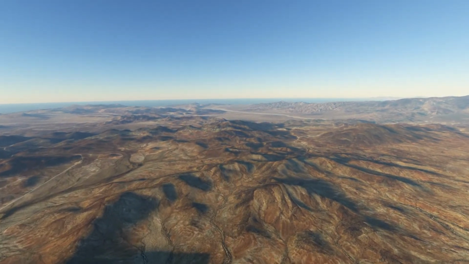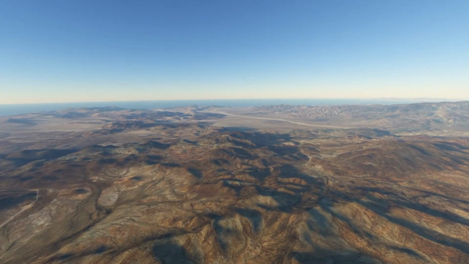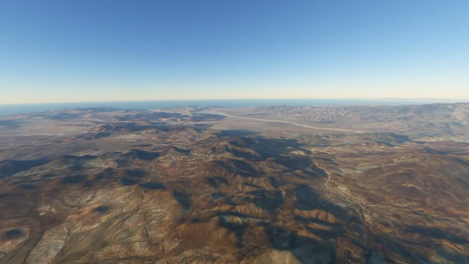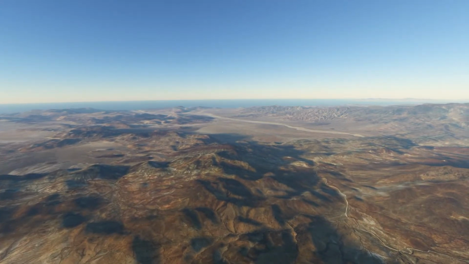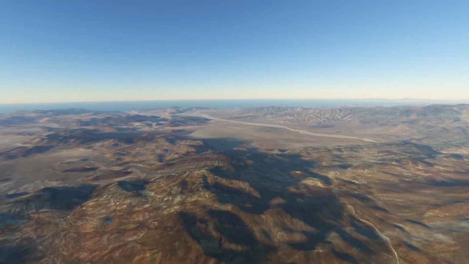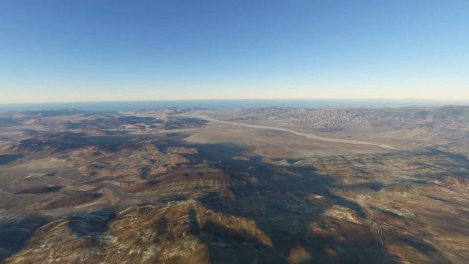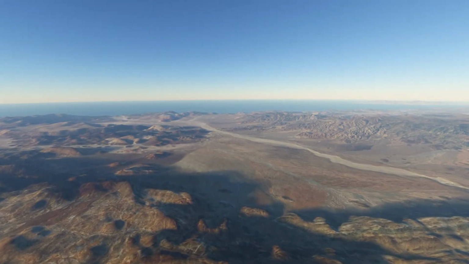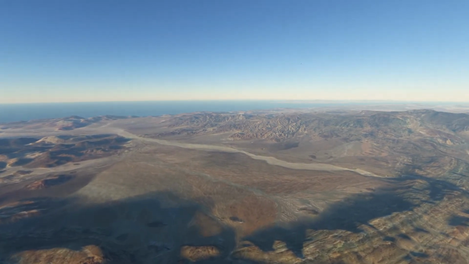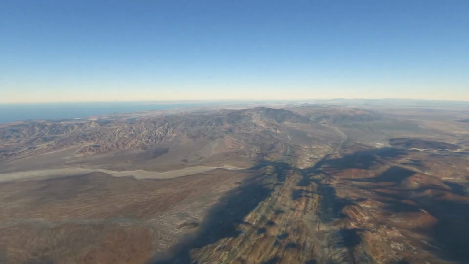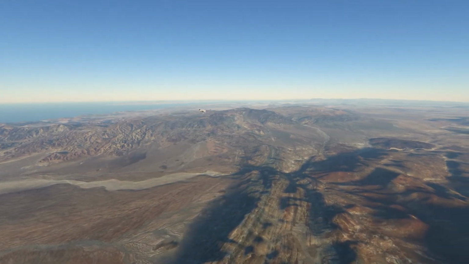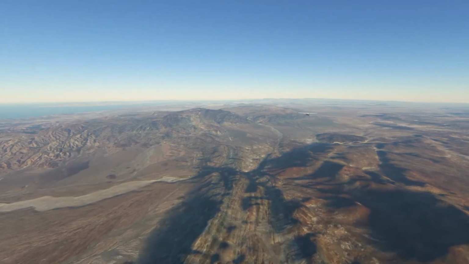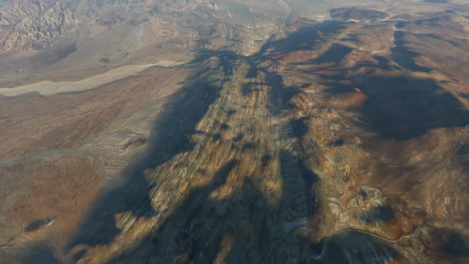And so there we are. It looks like some pretty arid land below us. Look at that landscape.